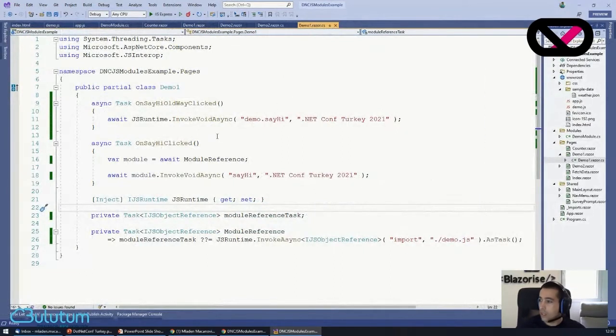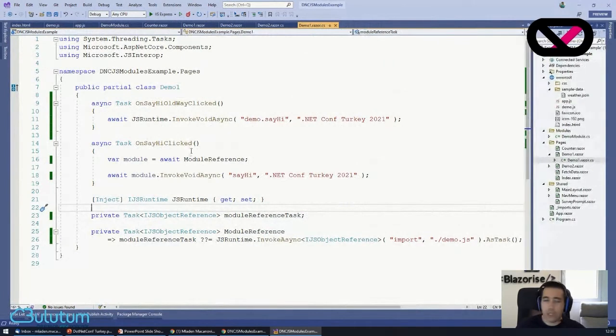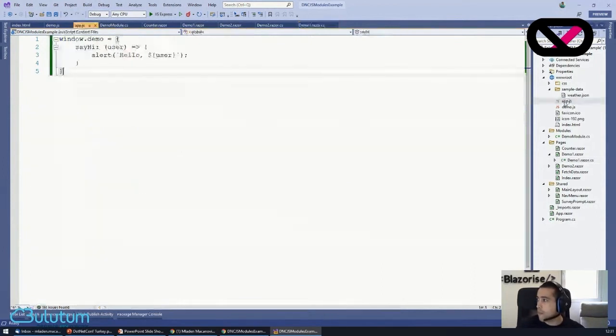Okay, so similar to every other Blazor application, to access the actual JavaScript, we always need JS runtime, and this is the same for every possible situation. But the thing is how we construct it afterwards. For example, in this app, the old way to consume the JavaScript, we hold the function inside of the object and store it in the window